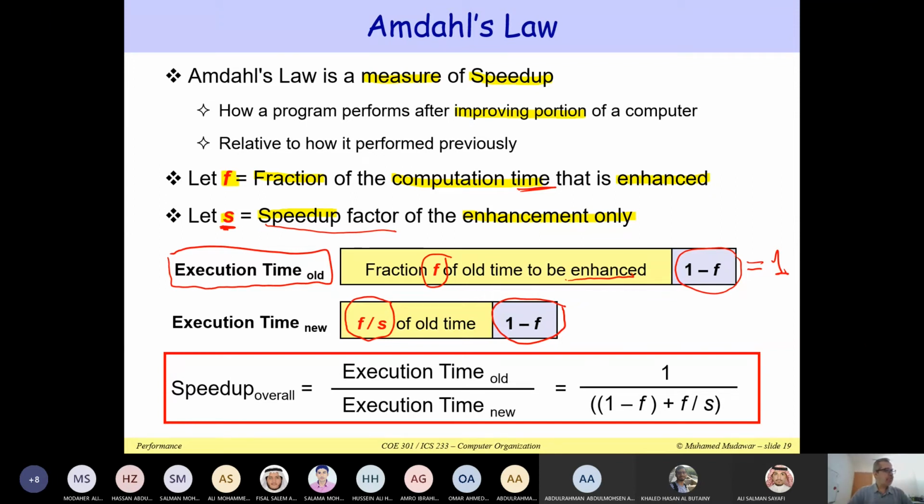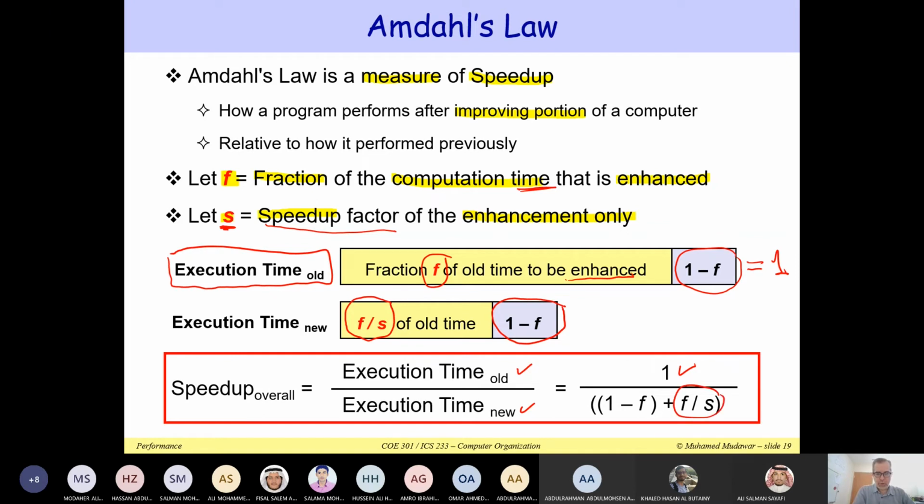Fine. So now, what is Amdahl's law? Amdahl's law actually is just a speed up. So we divide the old execution time by the new execution time. The old execution time is assumed to be 1, and 100% of the old execution. It does not have to be 1 second. No, it can be anything. But we just write it as 1. That's 100% of the old execution time. So the old execution time might be T, so we say it is just 1 T. And the new execution time will be F over S, which is shown here,